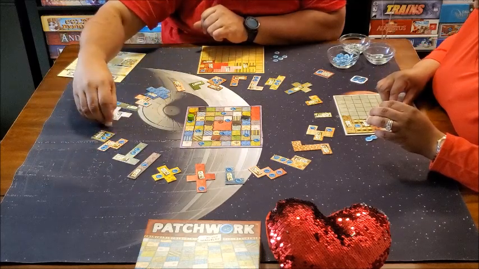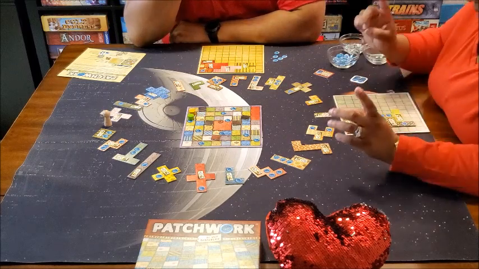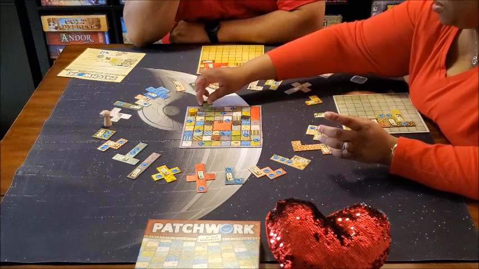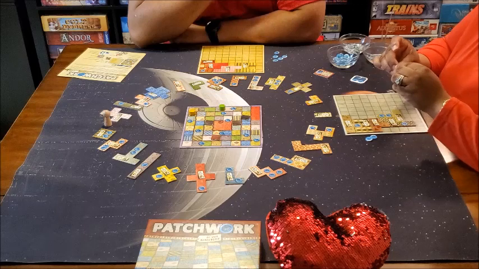It's not as easy as it looks. It's going to be difficult to fit in there, but I'm going to take it. So I need to move 5. So it's 1, 2, 3, 4, 5. And you take the leather piece. Yes. And I guess I will put it